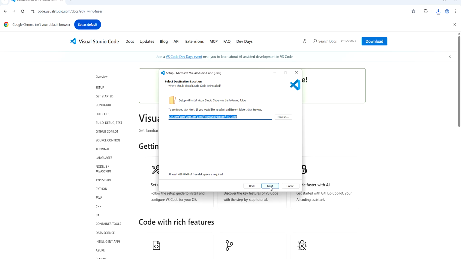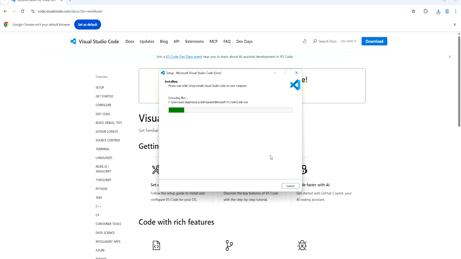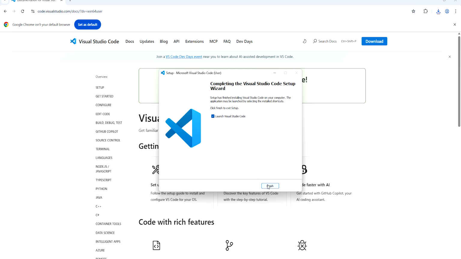I accept agreement. Click next. Leave the default folder as it is. Click next. Next, next, install. Launch Visual Studio Code.